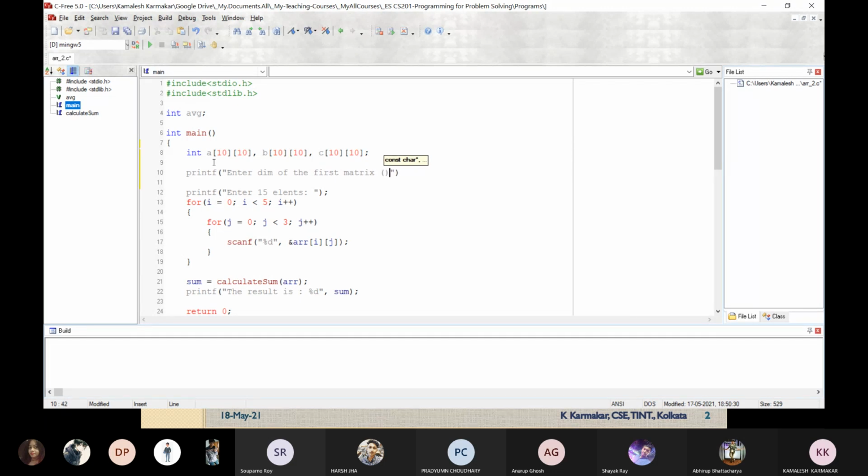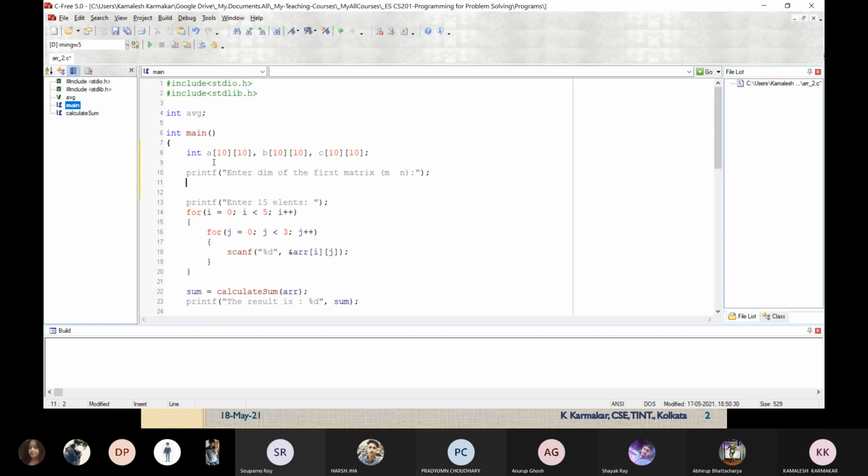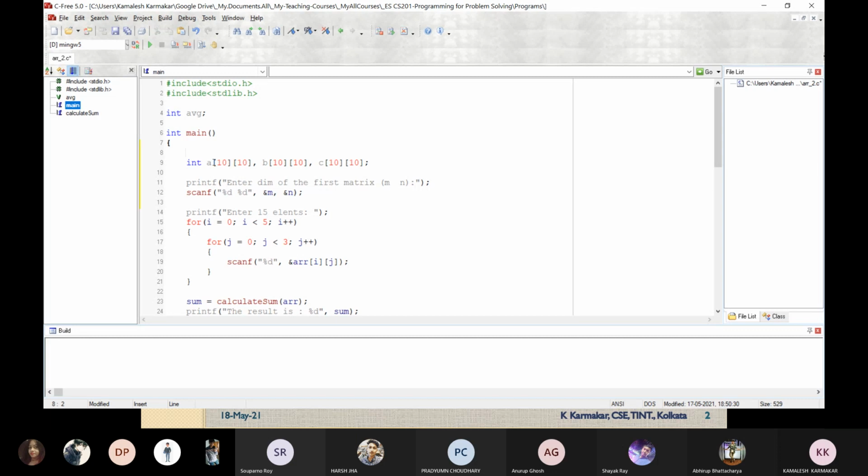In which form do we expect this dimension? M n. So the dimension will be in that form, m and n. So user will get this message, then we have to read the value. So scanf %d %d. I'm going to take both of these inputs from here. The first one I'm going to store in m, and the second one in n. So the dimension of the first matrix is m n. So here we are declaring the variables m and n.